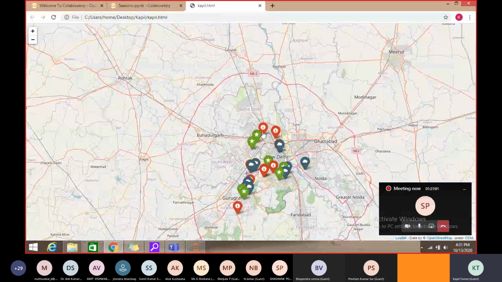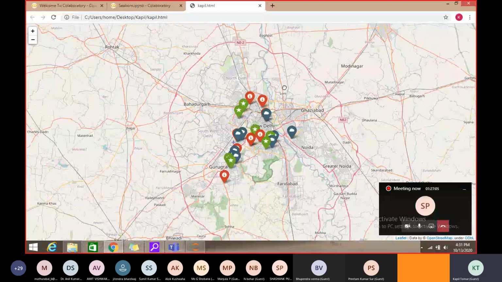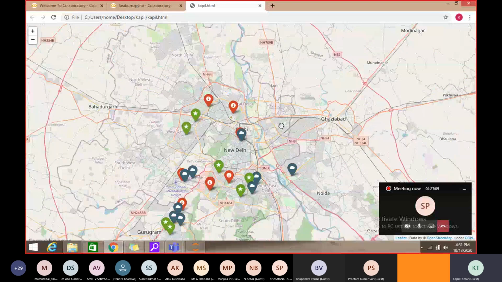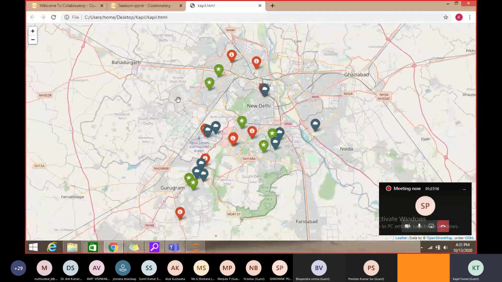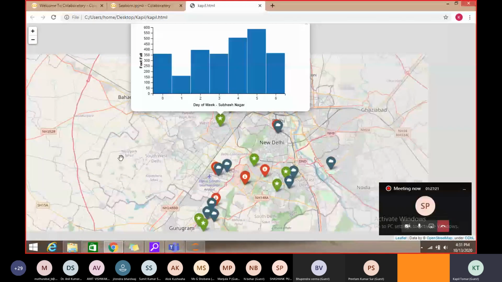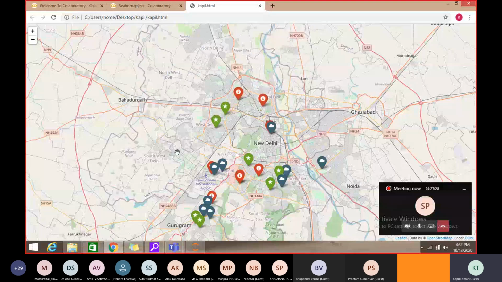And we can just get such output. So this is the output: the stores, and we can even find out the analytics. See, this is the Subhas Nagar cafe, and this is the footfall for every day. So on that basis,